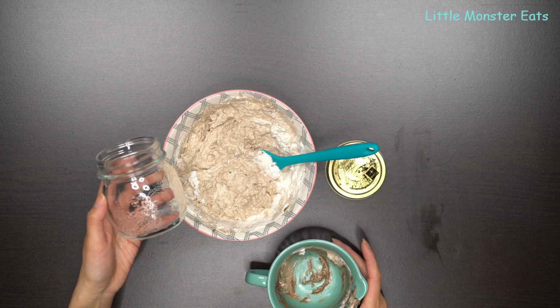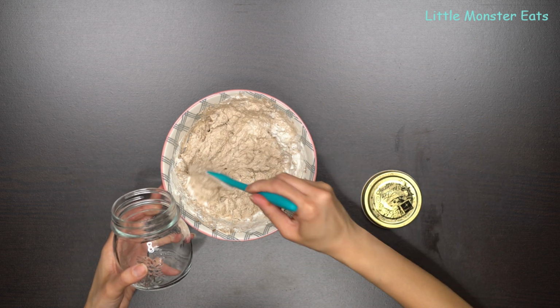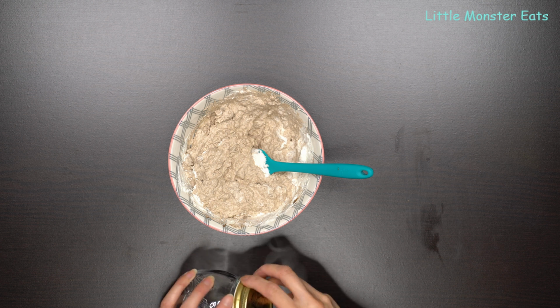I have here a mason jar. That would be really easy if you want to do it for meal prepping. You can just put it in here, and then you can just seal it off with the lid. So if you have several of these, you can go ahead and use those instead. But basically, I'm going to transfer it into here, set it in the refrigerator for an hour, and once that's done,